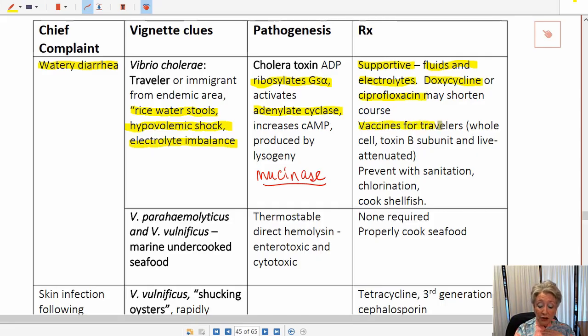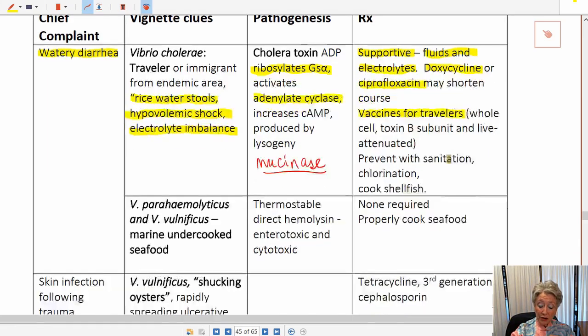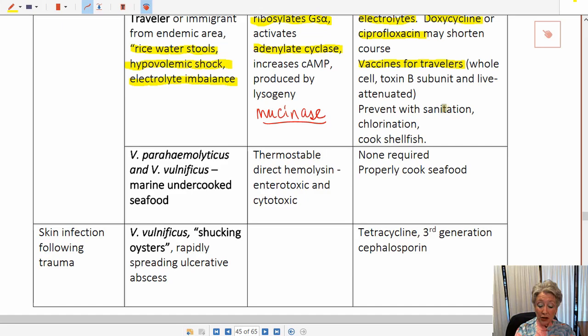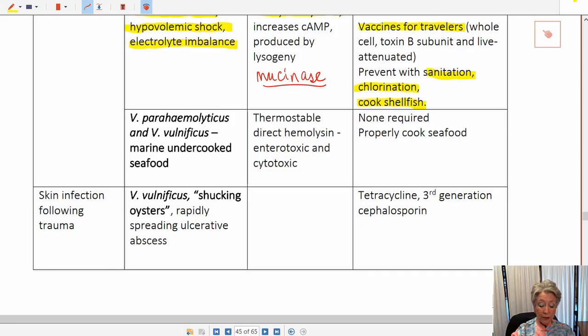There are vaccines for travelers. However, I have never known them to ask about the specifics of those vaccines that are not in common usage in the United States. Sanitation, chlorination of water, cook your foods. Always good ideas. Now, the other two, Vibrio parahemolyticus and Vibrio vulnificus, are going to be capable of causing a